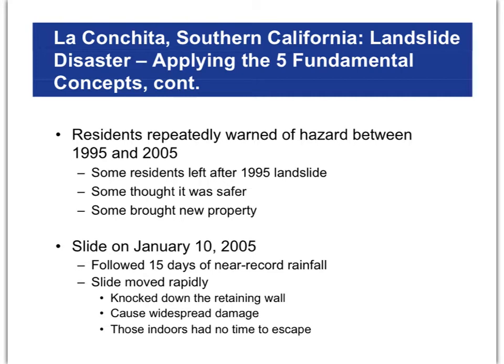But in 2005, one thing that set this off was more than 2 weeks of just crazy rainfall, all right? All that water saturating the hillside just had nowhere else to go, and was going to bring the hillside down with it. And so this was a very, very rapid movement downslope, probably kind of like a debris flow or a quick earth flow, and that retaining wall didn't even stand a chance. It damaged a lot of houses and killed 10 people, and part of it was because they really had no time to escape. It just moved so fast.